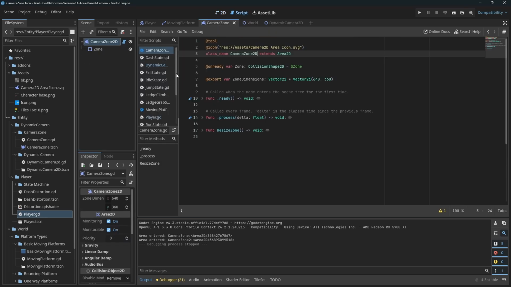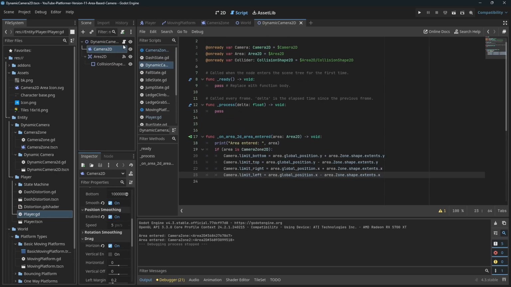Weird. What did we do wrong? Let's go dynamic camera. The right is positioned at X plus the left is positioned at X minus. Top, left minus